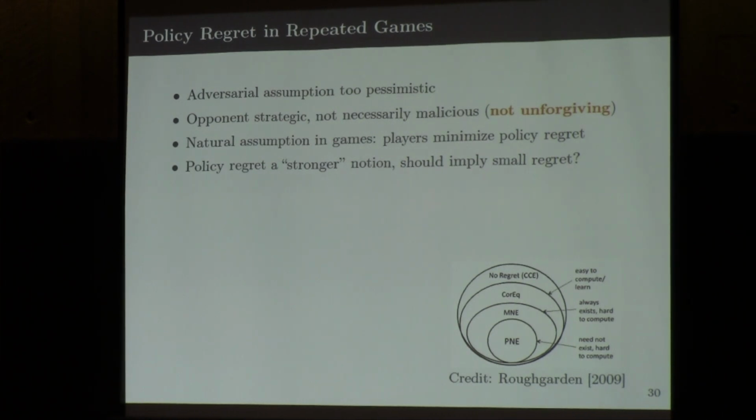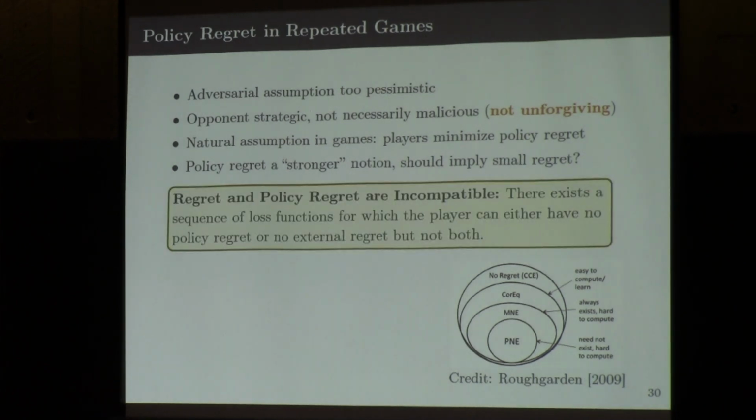If you think about this, policy regret is somewhat natural to consider in games. If you're in a game, rather than just minimizing your regret assuming that other players are oblivious to what you're doing, the natural assumption is that if you play a strategy, then other players will adapt to your strategy. And so what you should do is really minimize policy regret. The question we want to understand here is how can we describe the behavior of the game, either in welfare or in terms of equilibrium, when the players in a game minimize their policy regret. Arguably, policy regret is a stronger notion, so maybe it implies small regret. So maybe what we get is indeed, again, a coarse correlated equilibrium.